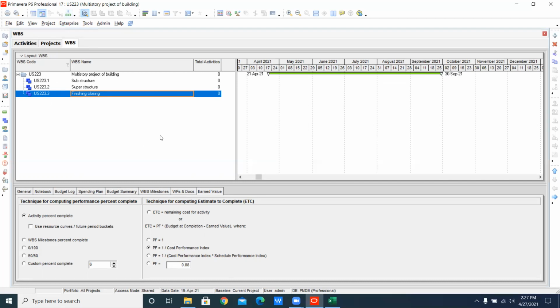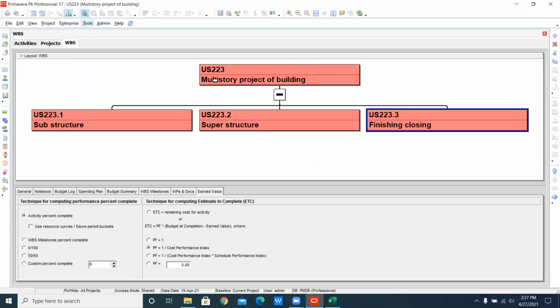This is your table. Always remember that this is your table view. So go on the top and just click on this tree. Now you will see that there is a multi-story project, and under that there is a substructure, superstructure and finishing. This is like a tree here.